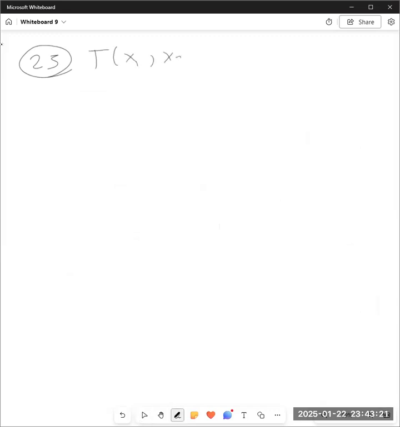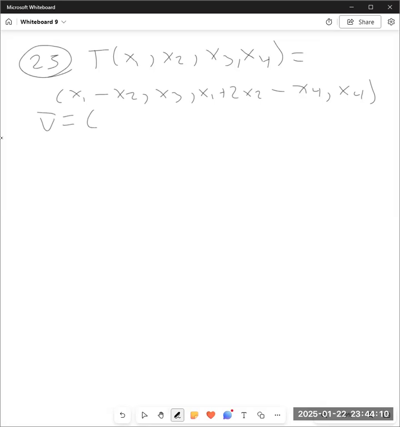T of x1, x2, x3, x4 is equal to x1 minus x2, x3, x1 plus 2x2 minus x4, x4. Write all that down right. X1 minus x2, comma x3, comma x1 plus 2x2 minus x4, comma x4, and V is equal to 1, 0,